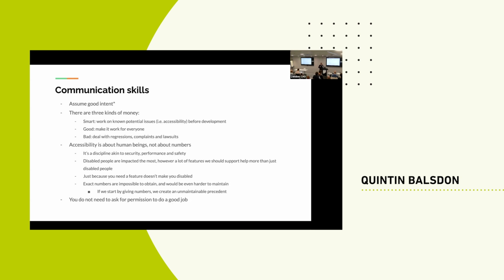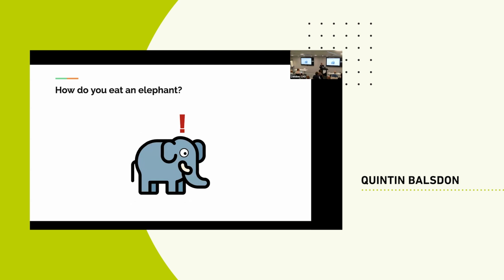Like when I started this, I had 70 criteria that were very bland, very kind of clinical to read, and it was a wall of text. The hilarious thing about the Web Content Accessibility Guidelines is they're cognitively overwhelming, which is an accessibility issue, right? And so splitting this all up can be very difficult, which is why I would say, you know, how do you eat an elephant? One bite at a time. One bite at a time, right?